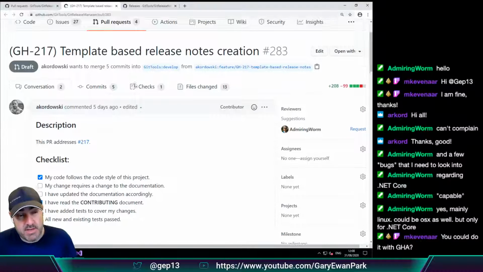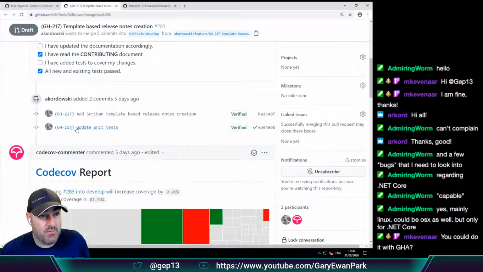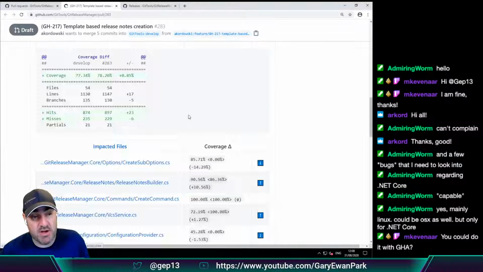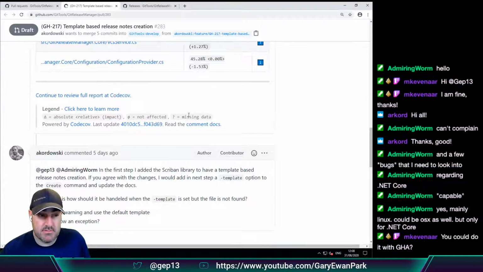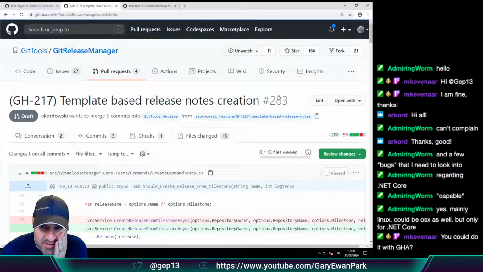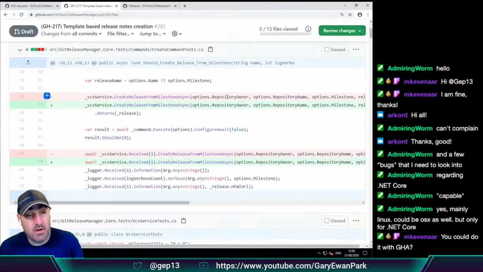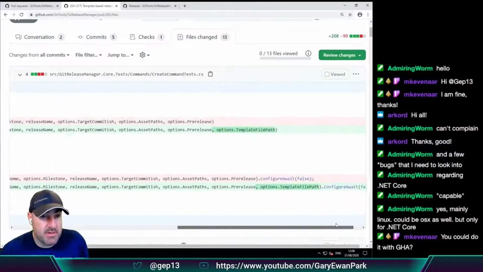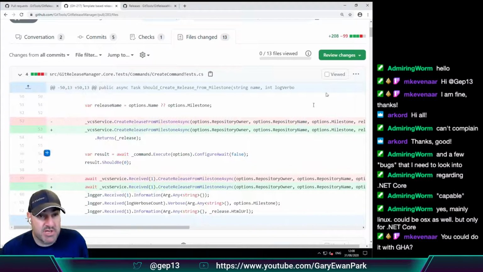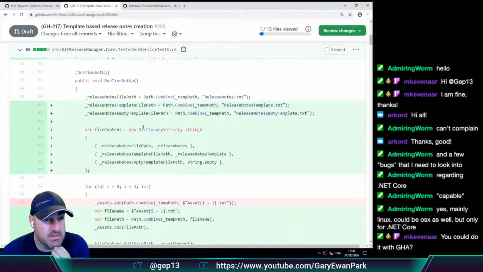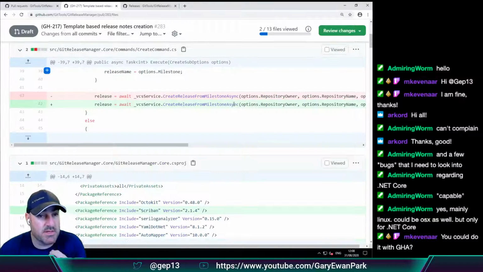So what Artur has started working on, and it's been spoken about within the team for a little while, is the concept of having a template. If we look at what is contained within the PR, I did have a quick look at this earlier in the week, but I didn't get to a point where I had combined all my thoughts yet. In terms of the changes, that's just adding in the template. These are the tests. Let's leave the tests for a minute and come back to what's actually happening.